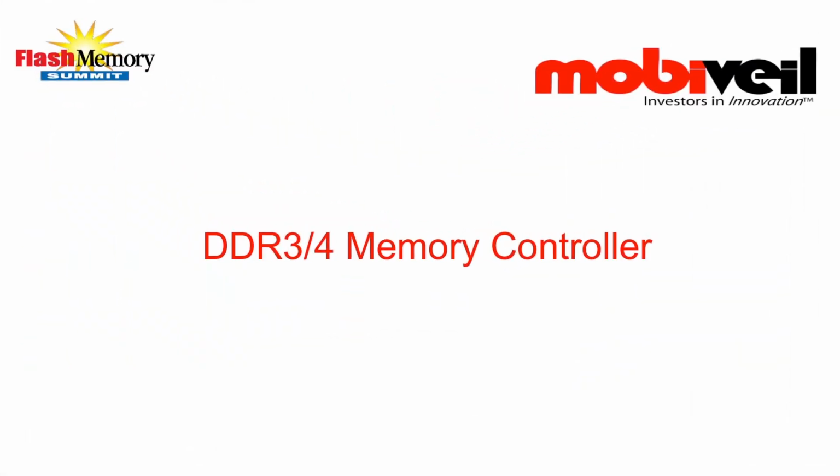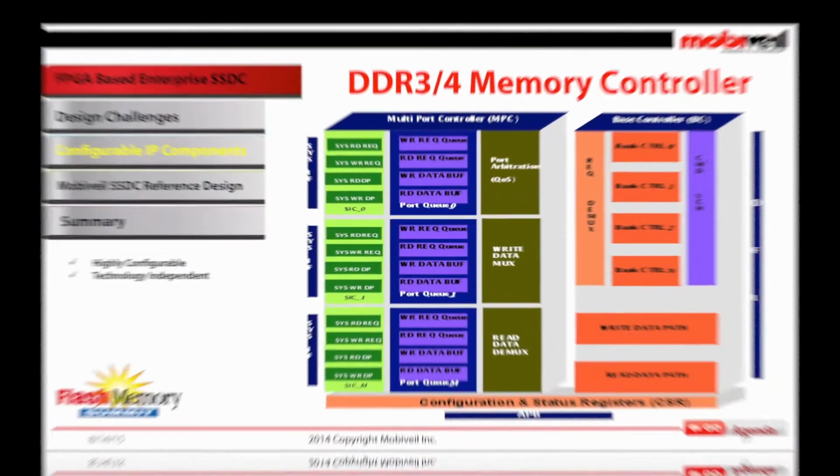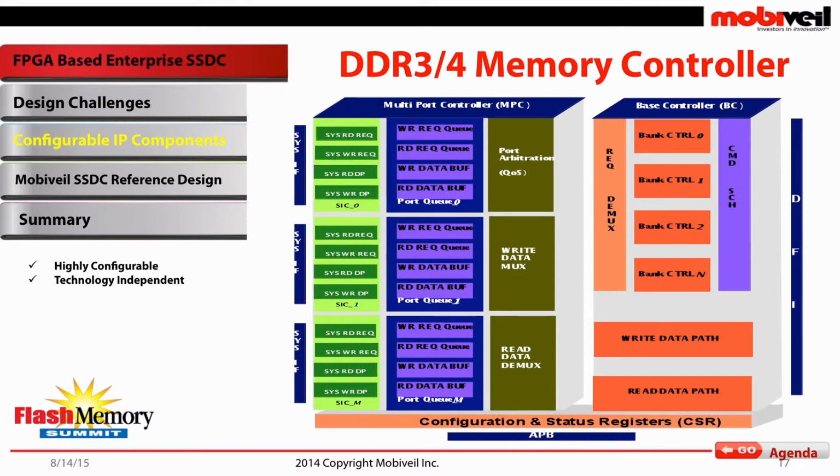And of course, the DDR3 and 4 memory controller, again, we need certain compliance in terms of AXI 4, DFI, because you are having flexibility to pick and choose the device. QoS, because there are going to be multiple masters in your solution, you want to have the path to the DDR already handled by the controller itself rather than you designing your own QoS scheme. And of course, in FPGA, you want some flexibility because you can't really run at a very high speed. So you want a solution which can be implemented in a quattro mode, where your core clock requirement is much less than what you are running at the line.